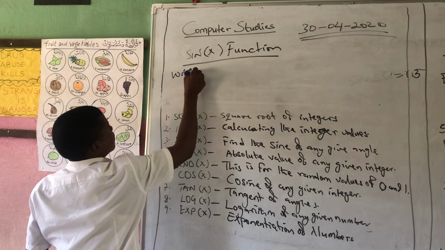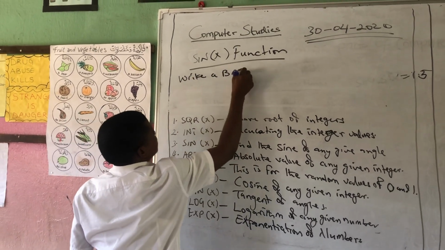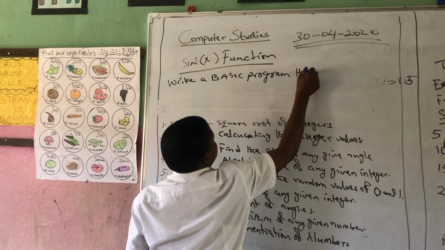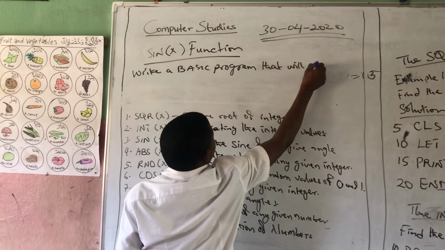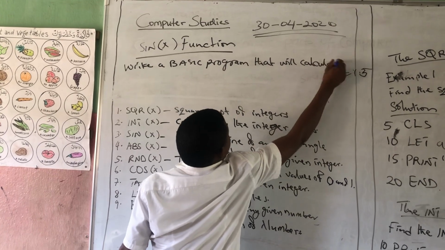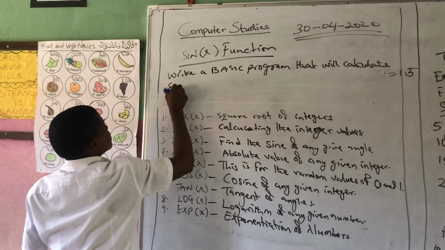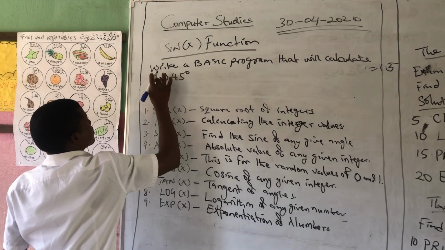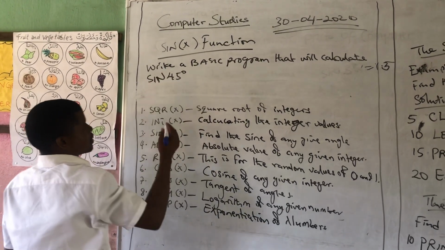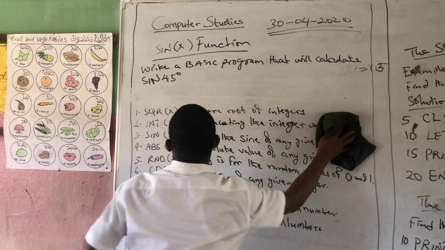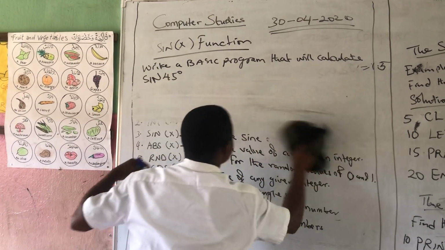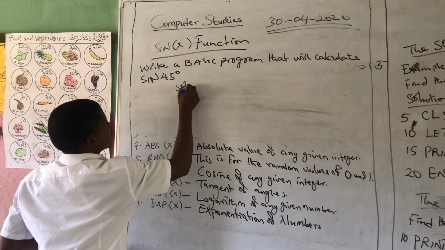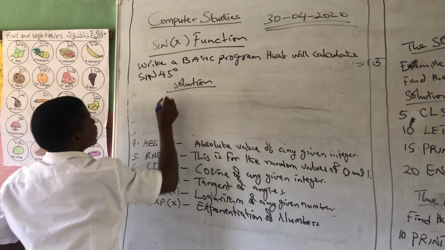Write a basic program that will calculate sine 45 degrees. So what we're going to do there is for us to write this program this way. Solution to that problem, we're going to say